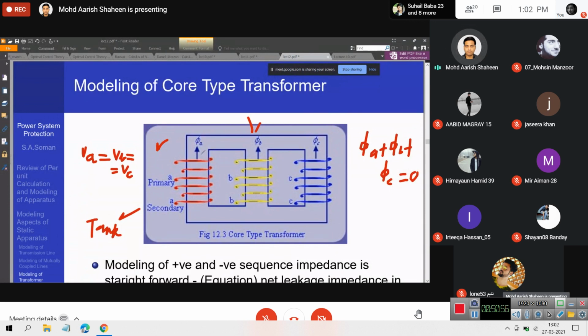Because all the fluxes were also equal to begin with, I can simply write 3 times phi A, which will also be equal to 3 times phi B or phi C. This is also equal to 0. In other words, there is no flux in the machine. Is this clear? If there is no flux in the machine,